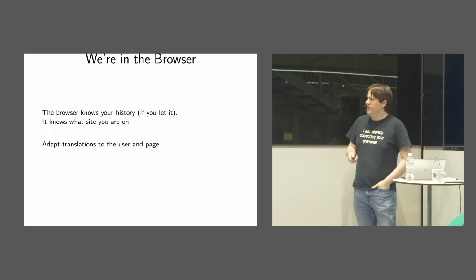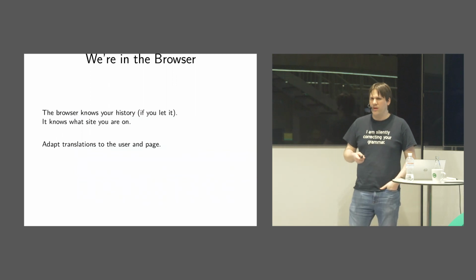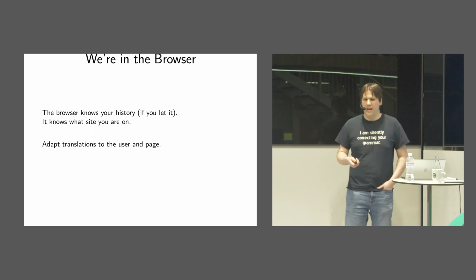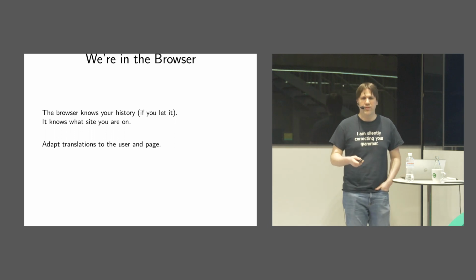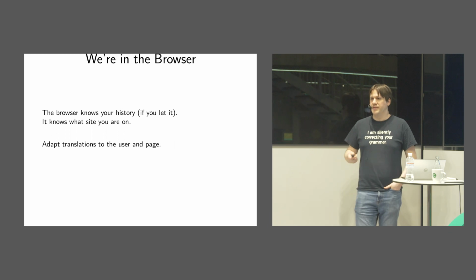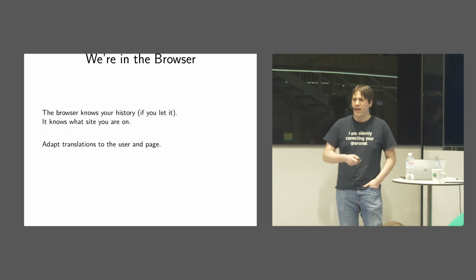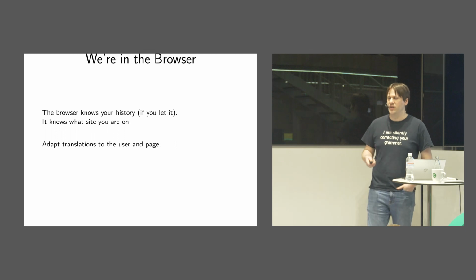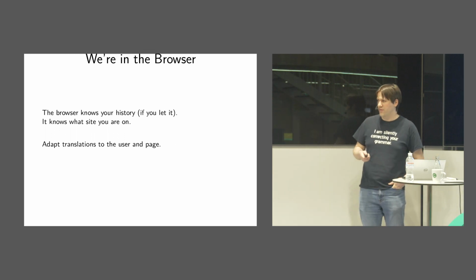So getting close to the end of the talk here, the other thing is we're in the browser and we're trying to figure out how creepy one can be about this. But the browser history is a thing. And if you know that someone looks at bureaucratic sites, can we translate the chair into La Présidente for that bureaucrat who's looking at those sites, and otherwise translate it in the consumer meaning? Do some domain adaptation based on the browser's user history.